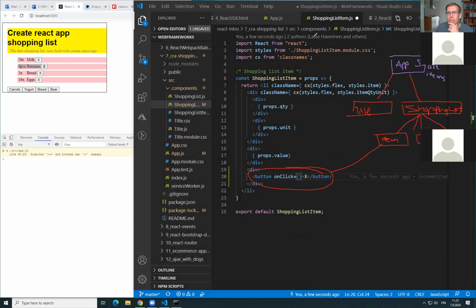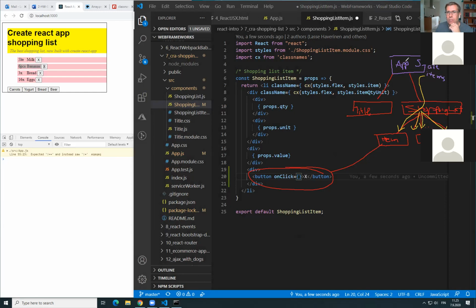And it was so that the items data is now being passed here to the shopping list, and then it flows here, and it goes here, and here, and here. So this is one of the critical concepts in React, that the data is always flowing downwards in the component hierarchy